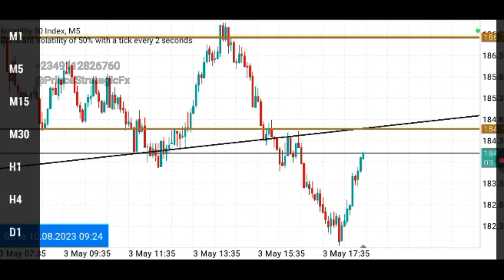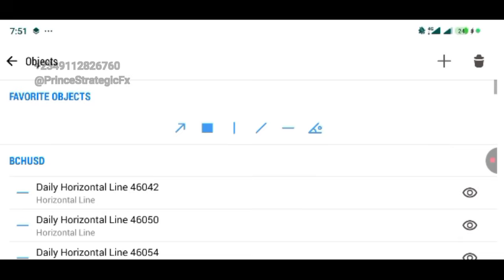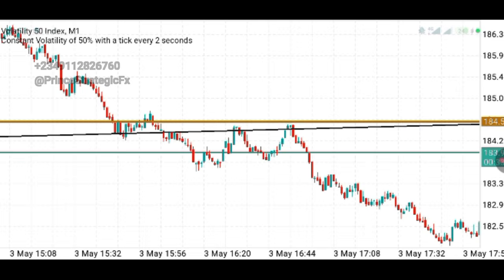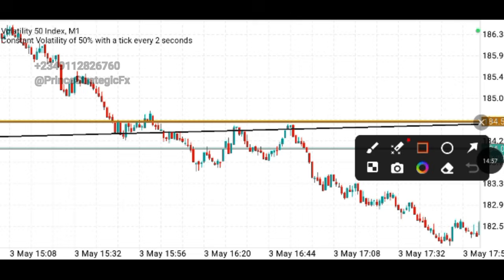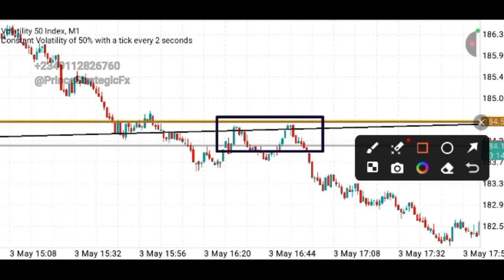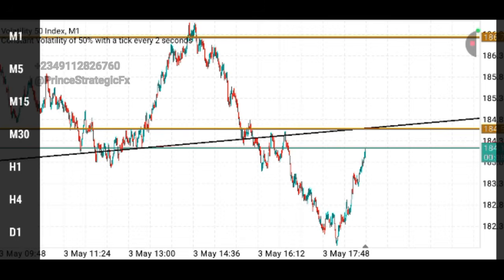Before anything happened, you can see we had a double top right there. Let me just mark it out so you can actually see exactly what I'm saying. Can you see that? Okay, now that we've seen exactly what we need to see,